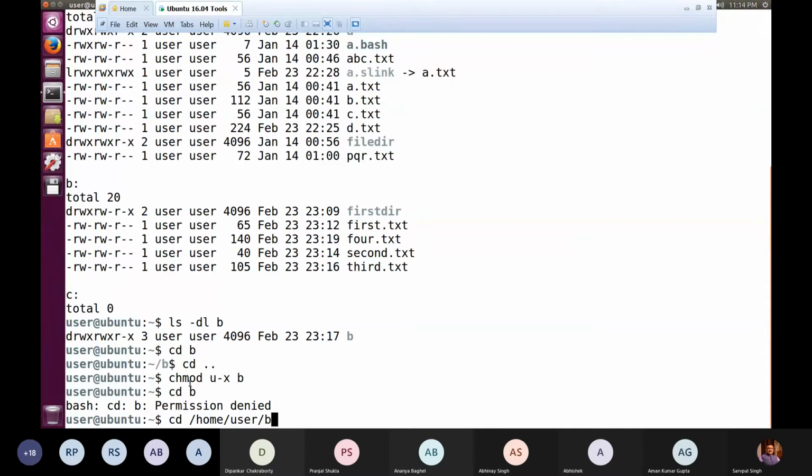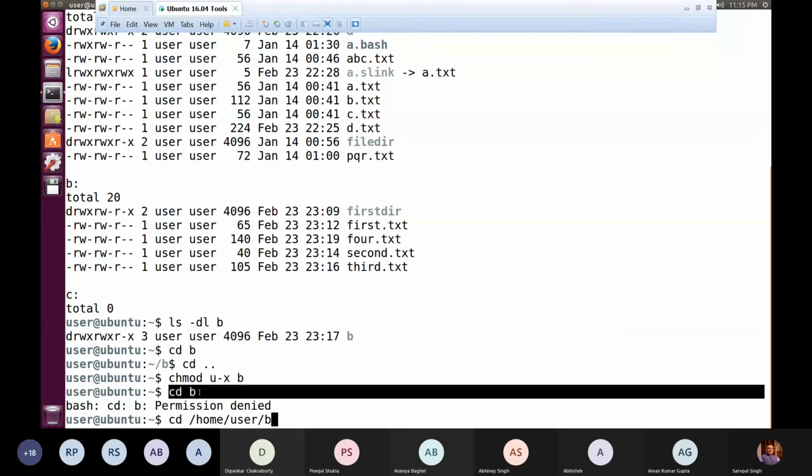When we start a path without giving any slash, like the previous command I highlighted, cd B, I am not writing a slash before B. If I write a slash before B, that means I have to start from the root, and then B would become a subdirectory of root. But you know that B is created under the user subdirectory. So the complete path is obviously cd /home/user/B.